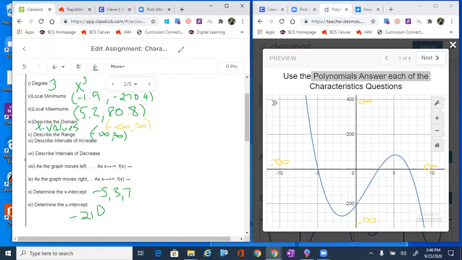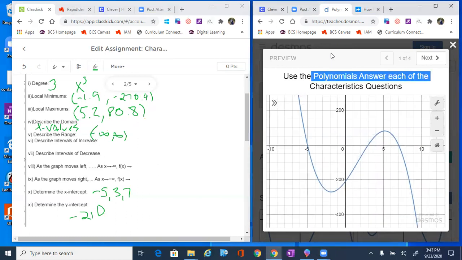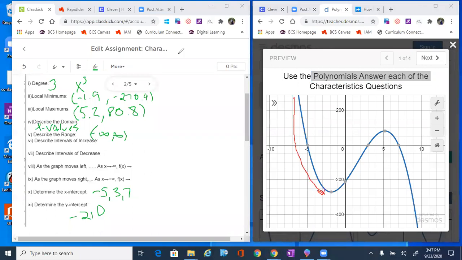Describe intervals of increase and describe intervals of decrease. Here's probably the most complicated one, and it's not that complicated, because all we have to do is trace that graph from left to right, okay, and see what's happening. So I'm going to do this in multiple colors, okay? If we look at this, it is decreasing from here to there. That is decrease,